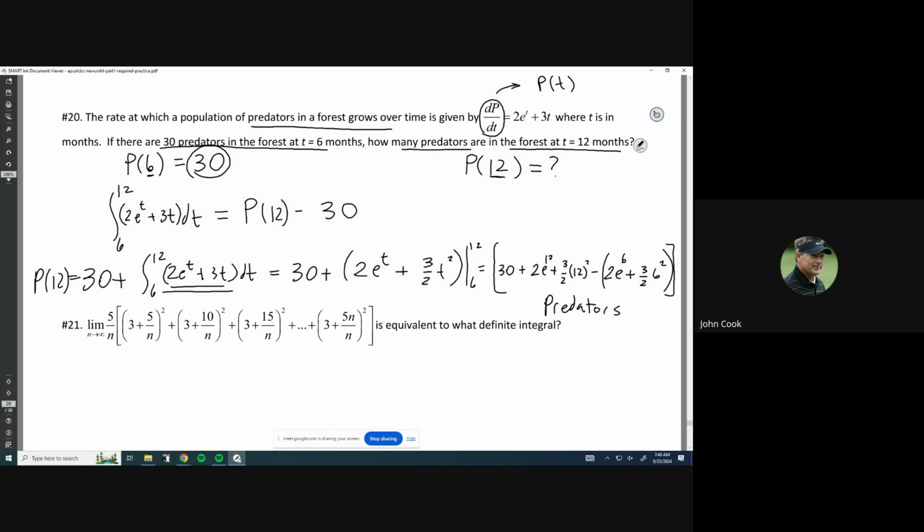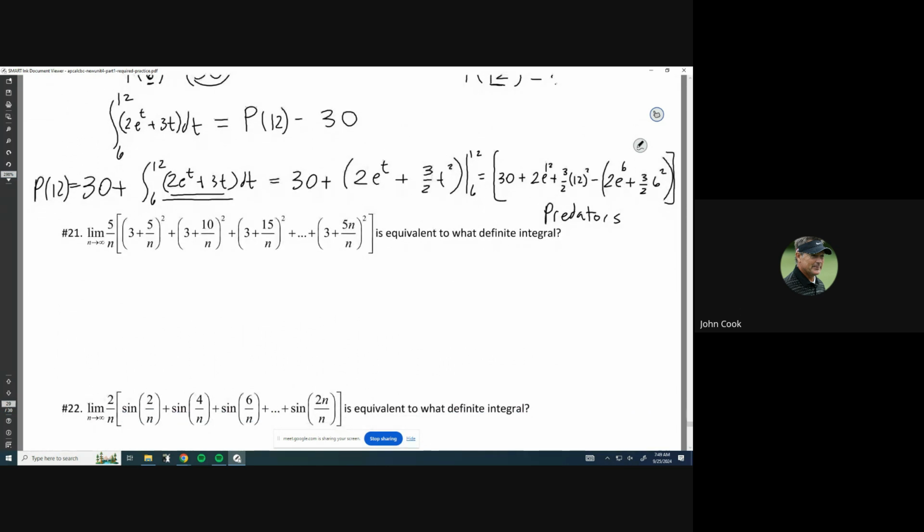Okay, there we go. And you'd probably want to round up to the next number, but we don't have our calculators to calculate like e to the 12th and e to the 6th and stuff. So that's good enough. You might want to make a comment. If you have to do something like this, you'd want to say round down to the nearest predator. So round it